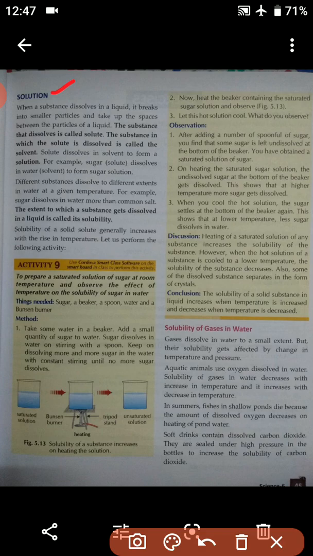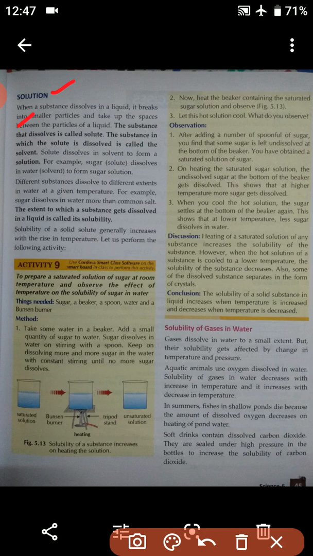So we have already studied about solid, liquid and gas, and we know that there are some small gaps between the particles of the liquid. So whenever we dissolve any substance in a liquid, it will break into very small particles and then it will take the spaces between the particles of the liquid. Okay,